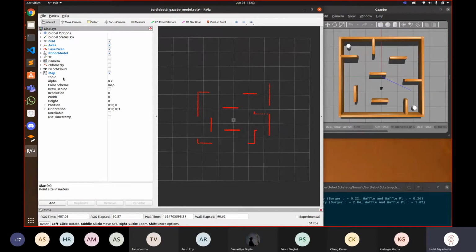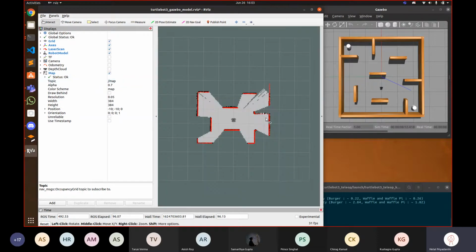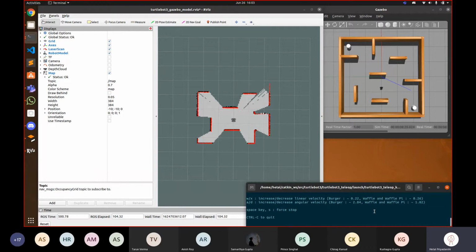Okay, so we have also added the map widget and the map topic. Done. So now the way to read this is, I think you can figure it out honestly. Black is occupied, and the whitish cells are empty area. The gray is unknown. Right now you can see that the lines extending from the robot are very radial. That's because the laser is a 360-degree laser, it goes in all directions.